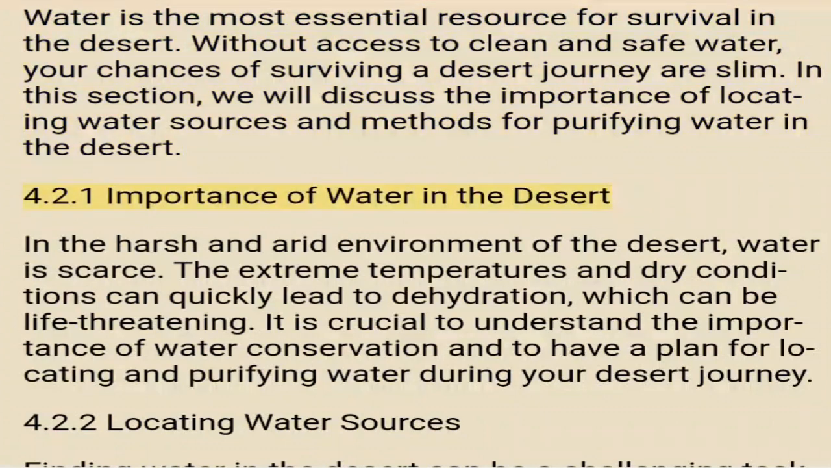4.2.1 Importance of water in the desert. In the harsh and arid environment of the desert, water is scarce. The extreme temperatures and dry conditions can quickly lead to dehydration, which can be life-threatening. It is crucial to understand the importance of water conservation and to have a plan for locating and purifying water